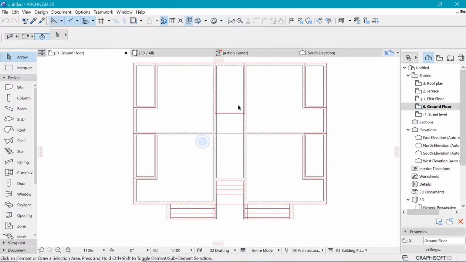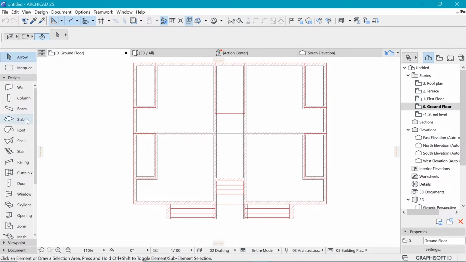Instead of drawing everything on one sheet of paper, it is recommended that we draw each plan in its respective floor area. So for example, here we have the ground floor, and right now let's start to draw the floor